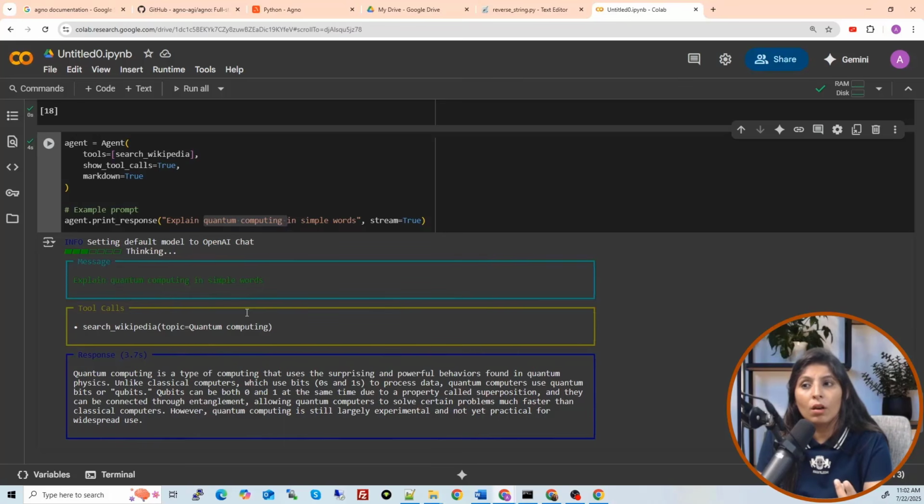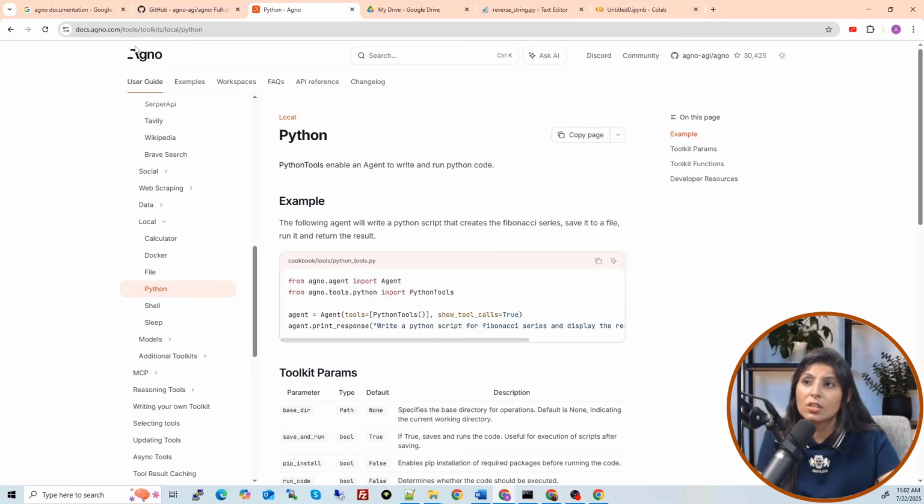So that's why we need the concept of memory, so that our agent can store the chat history. It can use the chat history to reply to the user in the best way. Our agent can also know about the preferences of the user and all, right? So let's see the concept of memory. For that, let's go to the Agno documentation again.